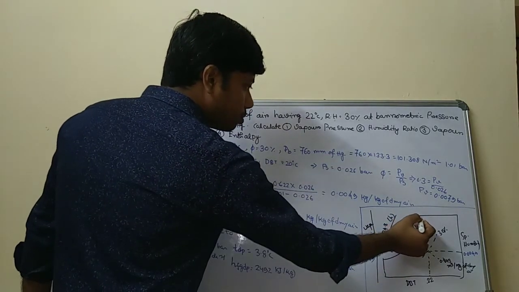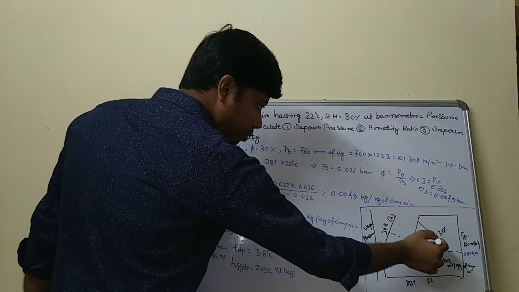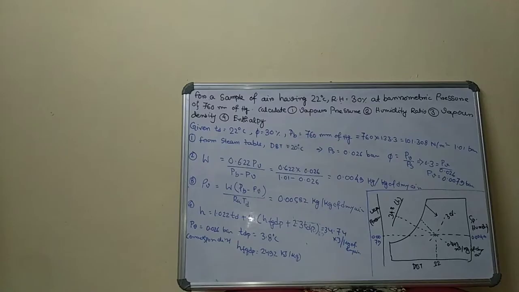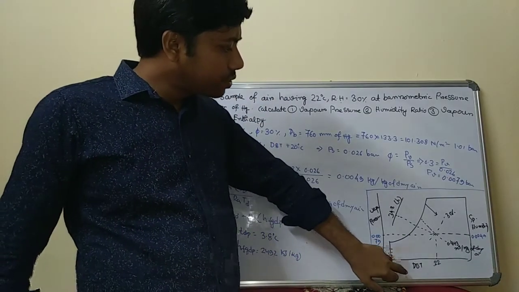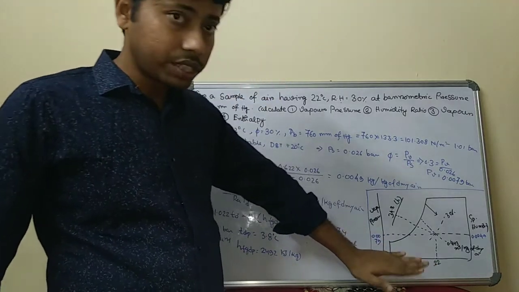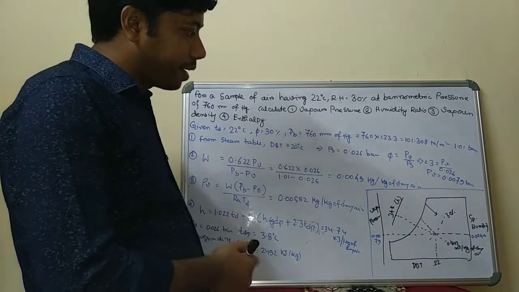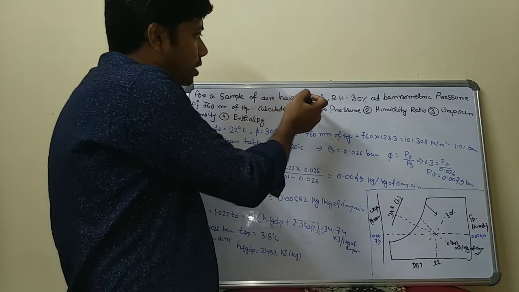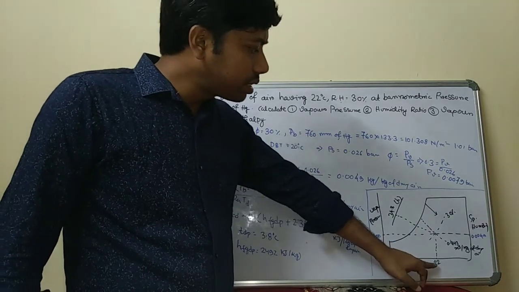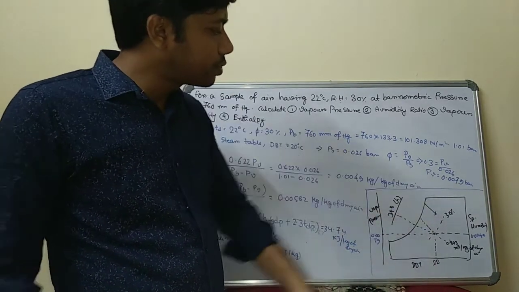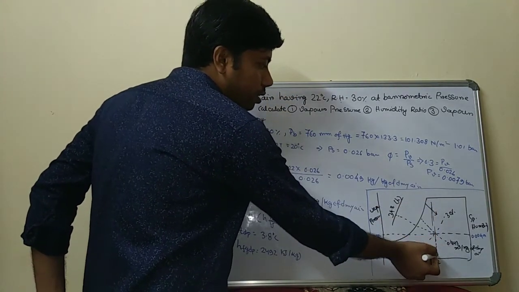The relative humidity line, as you know, this is a relative humidity of 100%. As you go beyond this diagram, suppose this is a relative humidity line. As we discussed, the dry bulb temperature is in this x direction, and in this direction is your specific humidity. Now in this problem, the dry bulb temperature is given as 22 degrees Celsius. That means we assume this temperature, 22 degrees Celsius, is a vertical line. If you draw this vertical line corresponding to 22 degrees Celsius, this is your curve.